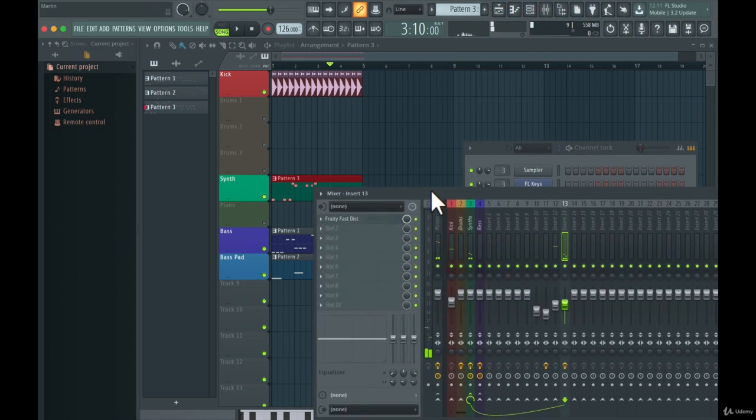I'm going to lower the distortion a bit because I think it's a bit too much.